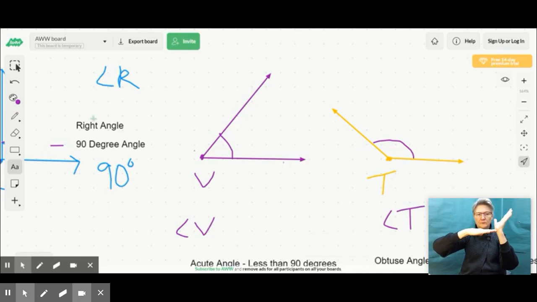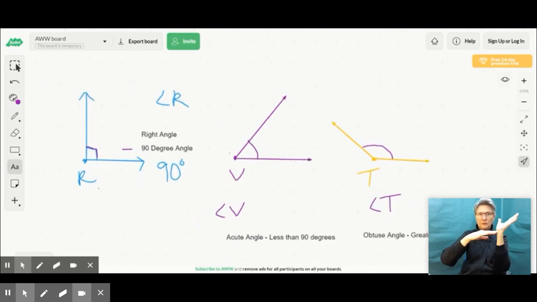So to review, we have, and I zoomed in a little bit here. Let's see if I can zoom out. To review, we have a right angle, which is a 90-degree angle, right? It looks kind of like a corner. And then we have an acute angle, which is an angle less than 90 degrees. We have an obtuse angle, which is greater than 90 degrees. So you're going to have a chance now to identify some angles on your own. There's also a great reference on page 550 in your journal. I would keep that handy to help you